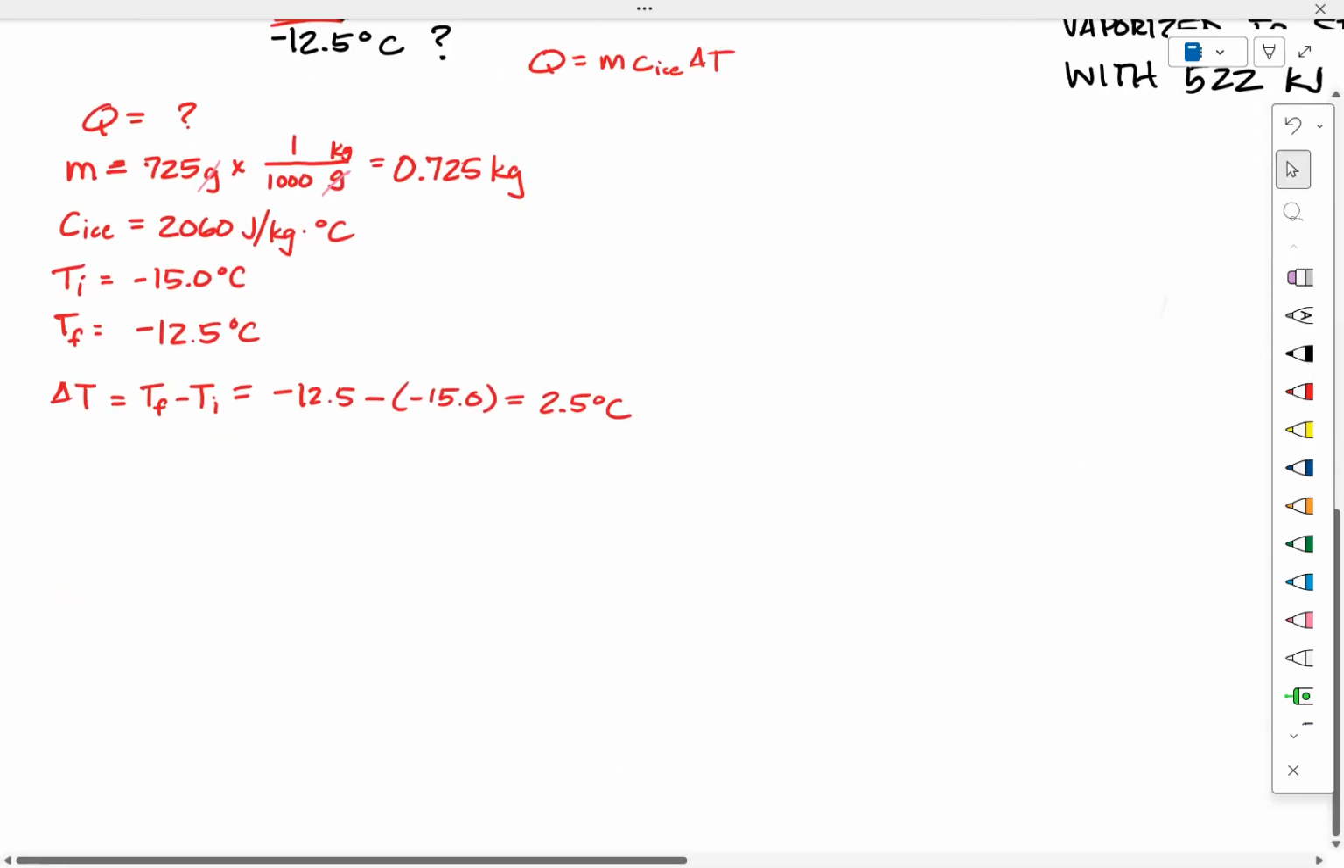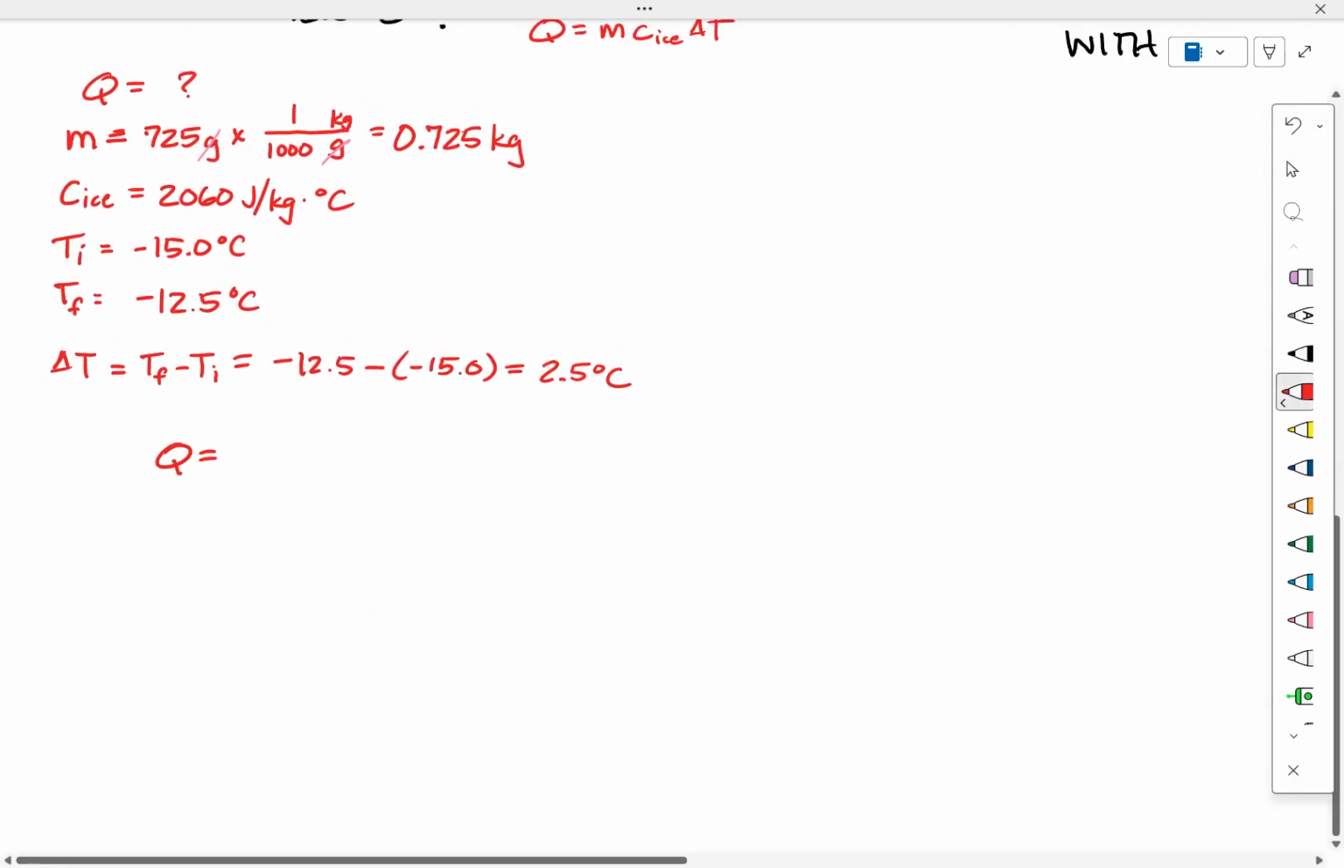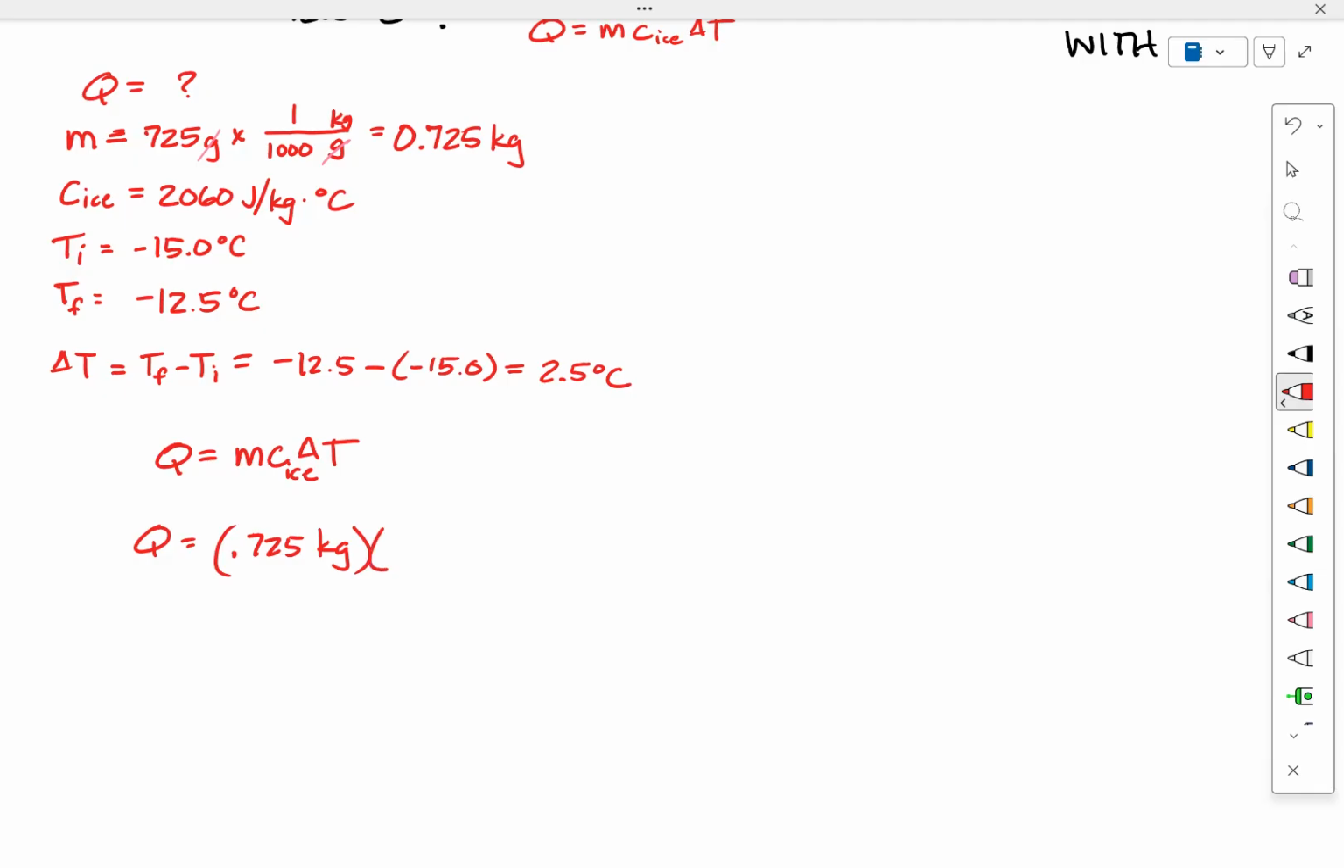Take each of those values and plug them in to Q equals mc delta T, with C for the ice. Q will equal 0.725 kilograms times 2,060 joules per kilogram and a degree Celsius. Delta T goes in as positive 2.5 degrees Celsius. Looks like we'll be able to cancel the kilograms and the degrees Celsius out of this. And so when we calculate the value for Q, we should have the units of joules. Put those numbers in my calculator and I get